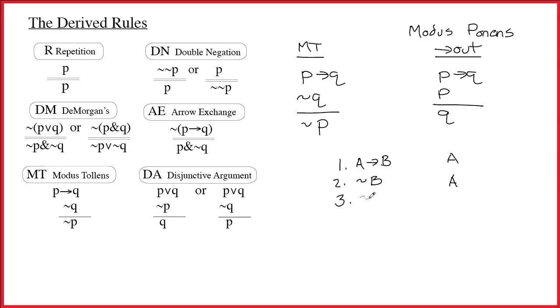That means we get to write tilde A. And the justification, of course, is 1, 2, modus tollens. We can tell by looking at the rule here that you're going to need 2 lines of justification, because just like arrow out, modus tollens involves a relationship between 2 lines. All right, this is really not a difficult rule to use,